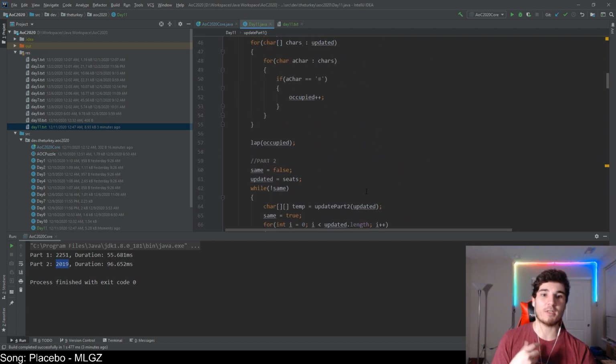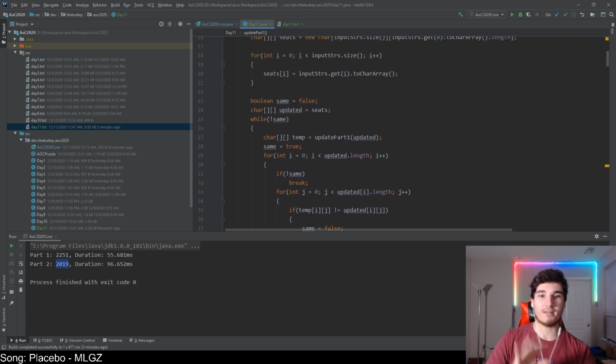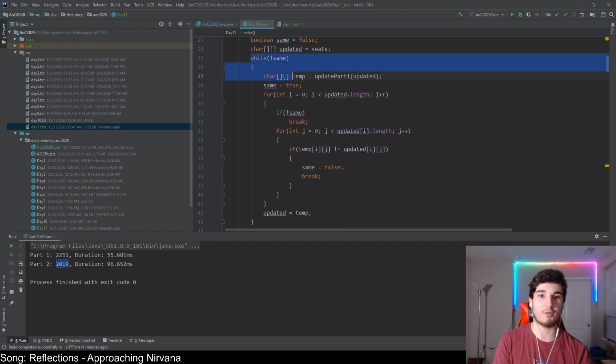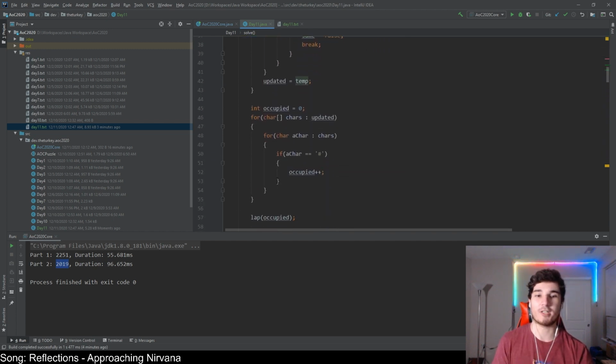What we do then is come back up to our main loop here. We apply these rules, we get the array back, and then we check that array against what we sent in. If the arrays are identical, we know we have hit a stagnant point where there are no changes being made, so no changes will ever be made. So we just stop our loop there,